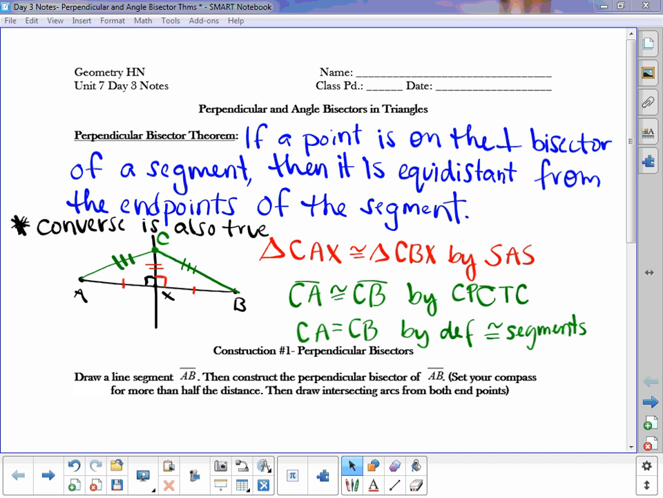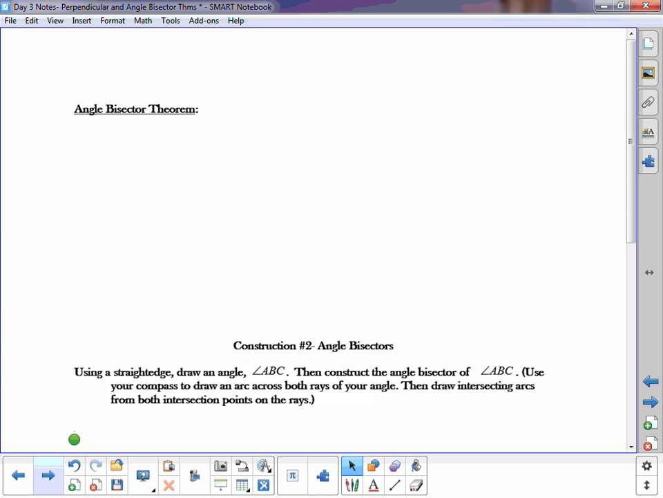All right. Let's go first to the backside. Let's talk about our angle bisector theorem. Then we'll come back and draw them with our compasses. So angle bisector theorem is going to sound pretty similar. Just a little different. All right, if a point is on the bisector of an angle,